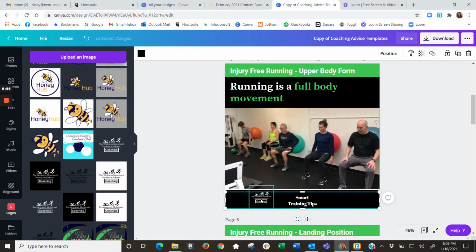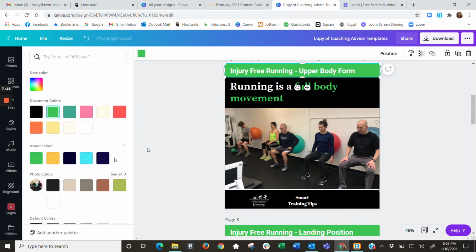Some of those look really good on black, but you can always change the black, as I say, and that wouldn't be a great place to put it, but for now that's where it's going to stay. Another cool thing that you can do is change the color. So if you have a branded color you want to use instead of that green, you can use your branded color, or you can also just match it to a color that's in the picture. And Canva has a new feature that allows you to do that. So it takes colors out of the picture and gives you those options here,